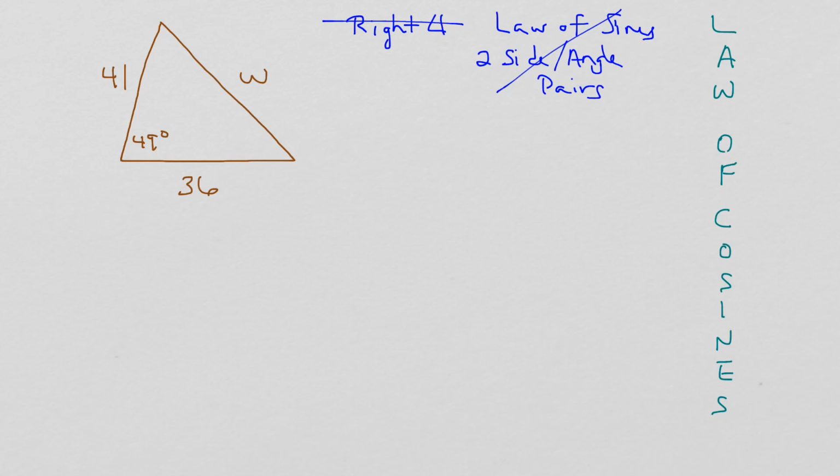And so remember, for the law of cosines, the first thing that I do is find the thing that I'm missing, in this case the W, and find the angle opposite it, and that's your C in the formula. The rest of it's writing out the formula and calculating it. So in this case,